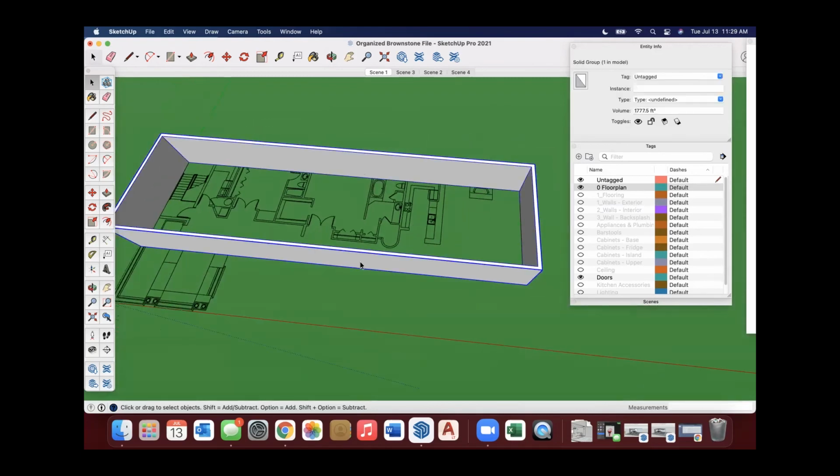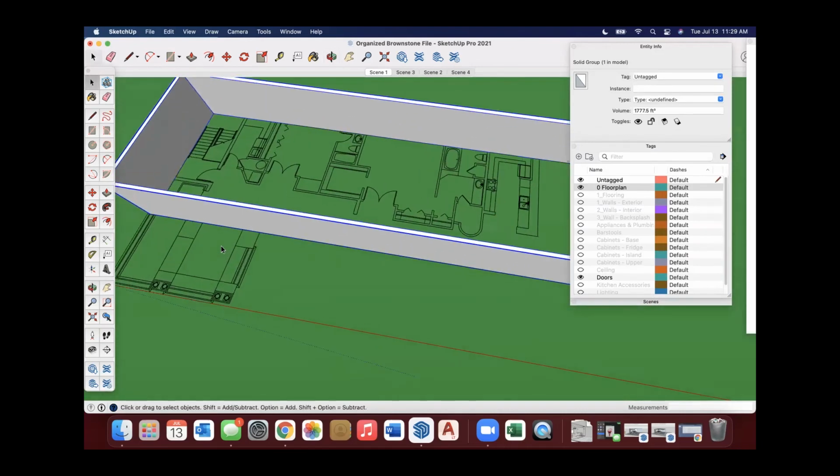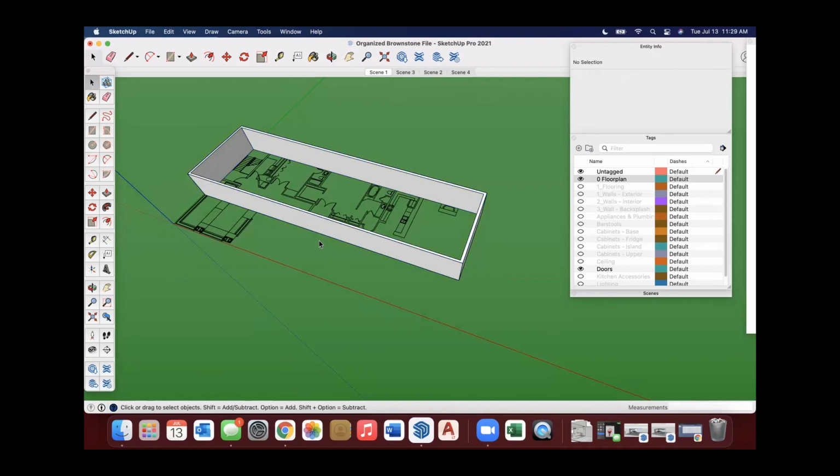So I keep mine really organized from step one so that I really don't have to worry about fixing things as I go along. So I'm going to stop this video right here, and I'm going to show you a part 2 of what happens if you get a file or you realize, oh, I wasn't very good about keeping everything as organized as I should, and now you need to go back and fix things. You absolutely can do that. It sometimes can be a little trickier, but sometimes it's best to just take some time, stop, and organize the file before you start applying all the materials. So I'll do that in a little addendum video.